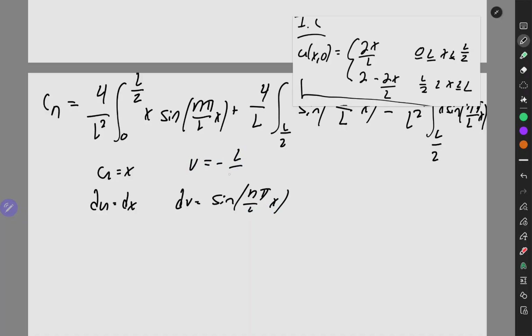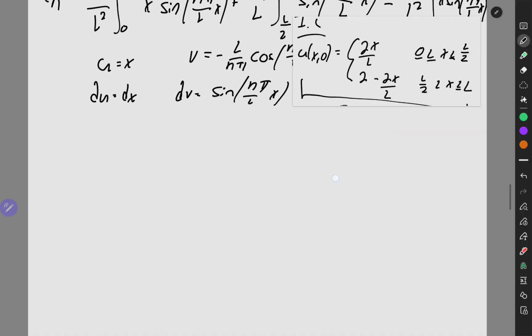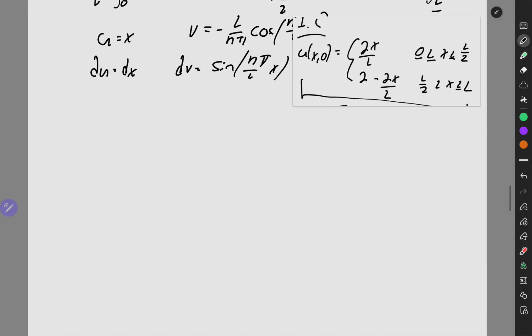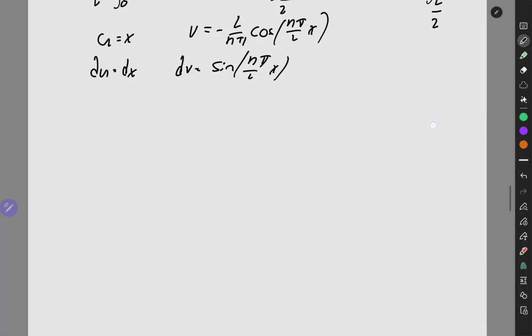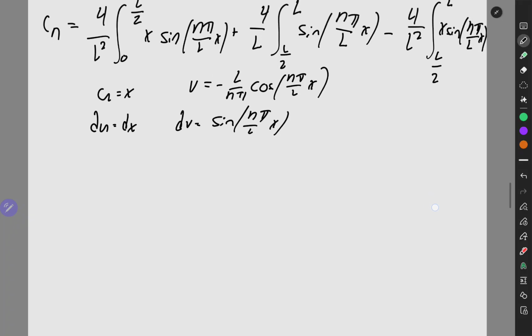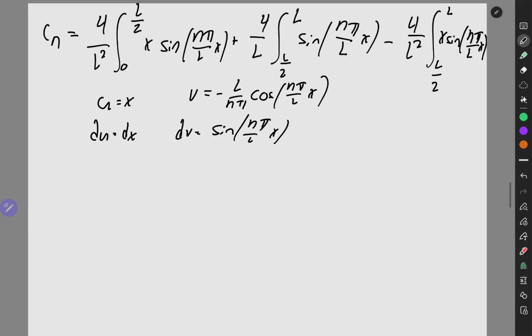Would that be negative? Yeah. Yes, so now I don't need this anymore. Now we have 4, and I can pull out that 4 over L squared as well. We just have to multiply everything but in that second term by L, I think. So this will leave us with